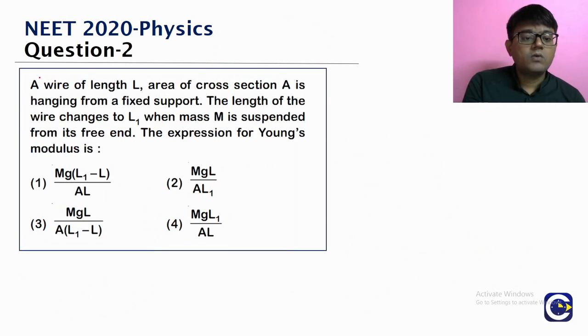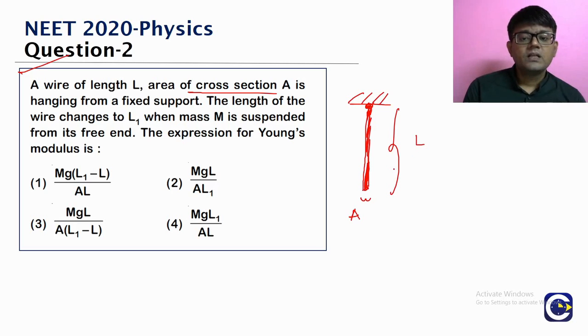This is a rather straightforward question on the formula of the Hooke's law relation. A wire of length L and area of cross section A is hanging from a fixed support. Think about it. We have a fixed support from where we are hanging a wire. The wire has a cross section area of A, and the length of the wire is L. The length of the wire changes to L1 when a mass M is suspended from its